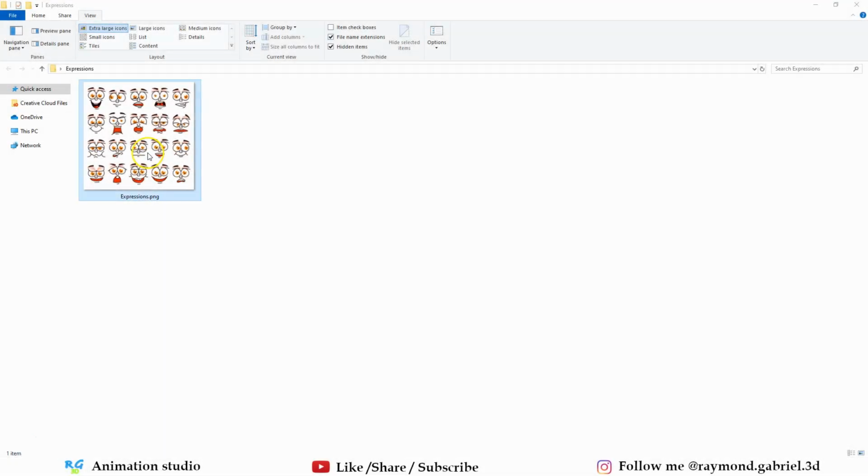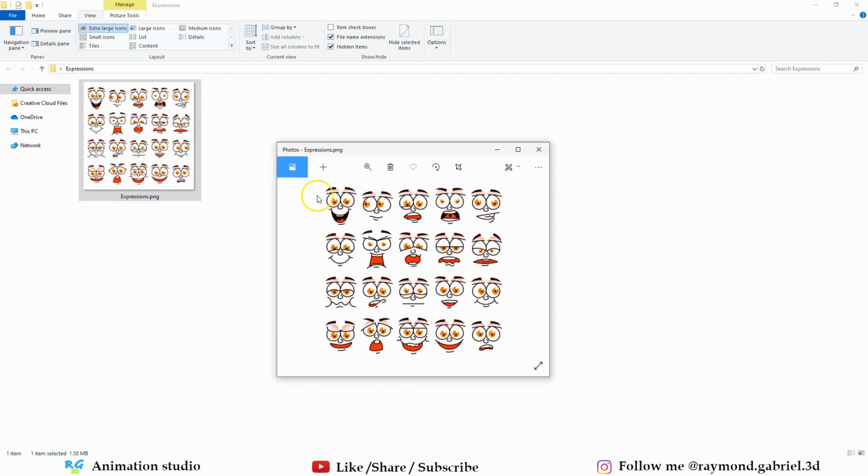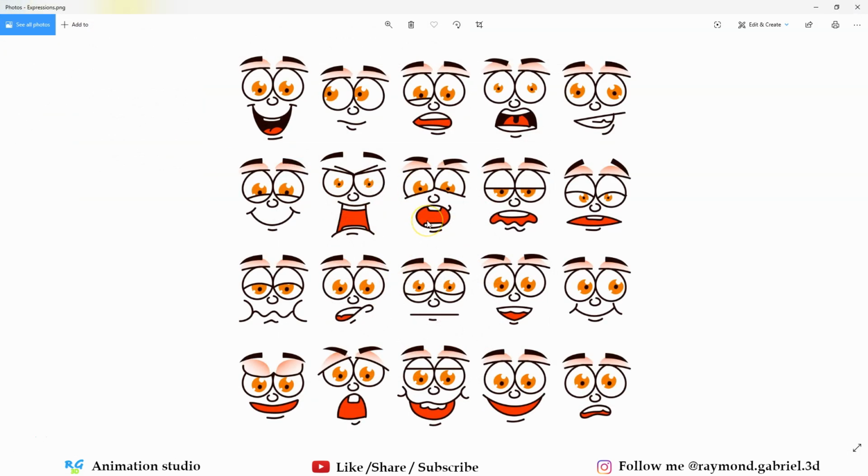What we have here is this image that I have found online. You can download it from a link in the description below, and I will also be leaving the original link in the description as well. What we have is different shapes for a face with different expressions. What we need is to extract these mouth shapes in a separate image to be able to use it in Blender